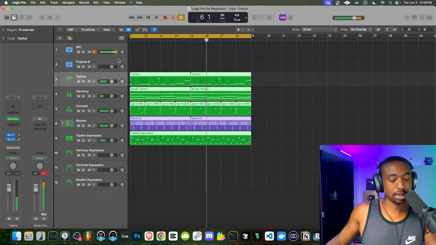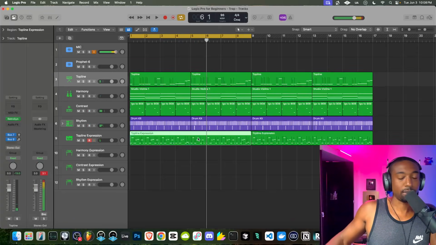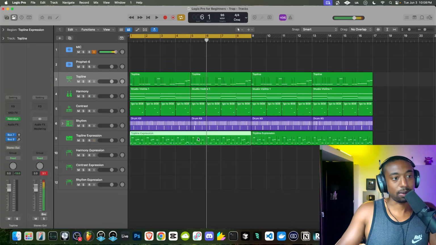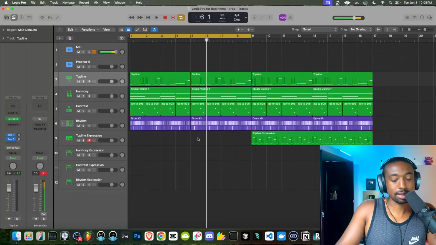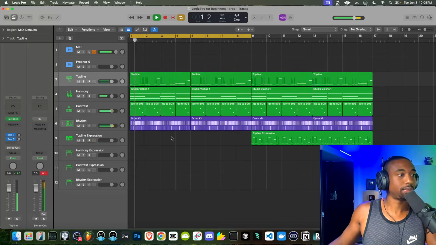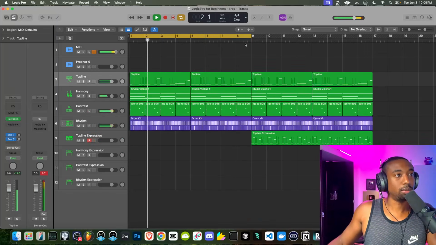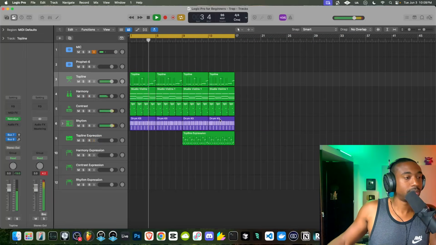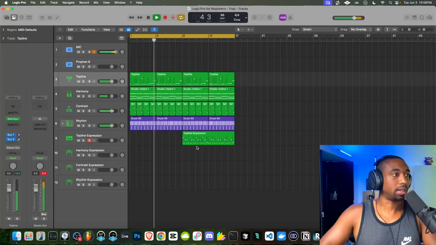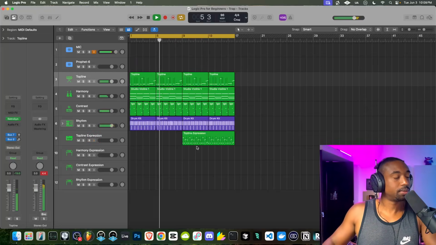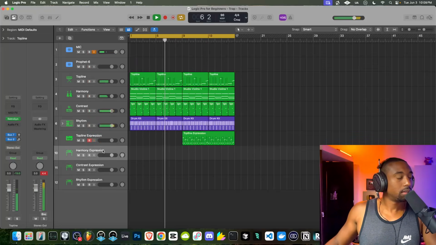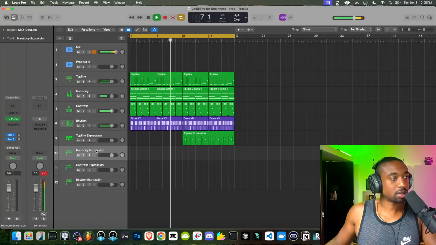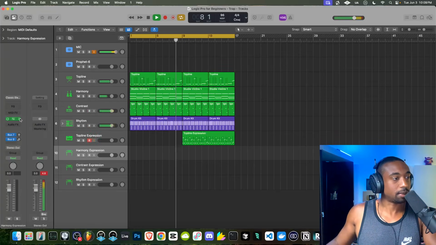Okay, so let's highlight all this, hit Command R. Now remember, the top line expression layer can be something that we add in over time. So if I wanted to arrange this, I could take it out in the beginning and bring it in over time. And this will keep the beat moving without feeling like we're doing something different. Let's go to the harmony expression. Let's find a sound we can add for the harmony here.